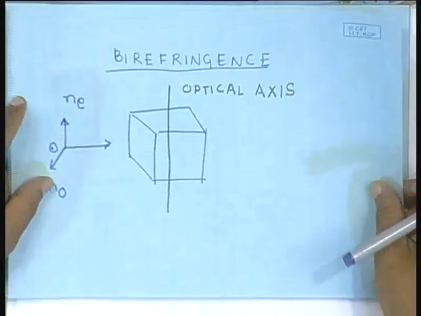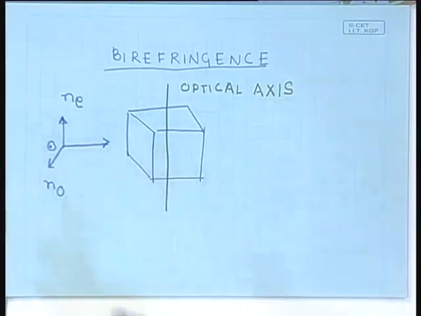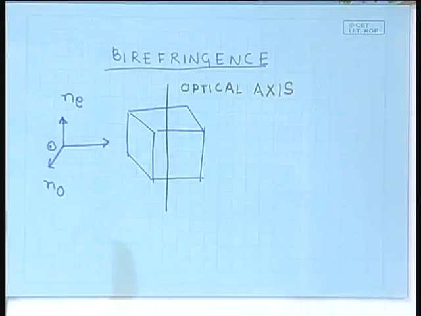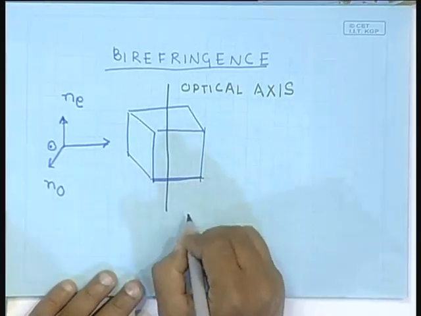So, let us now come back with this idea of how this birefringence occurs. Let us come back to our discussion of how you can manipulate polarized light using birefringent materials. So, the situation that we are going to consider now is as follows. Let us assume that this crystal has a length L,